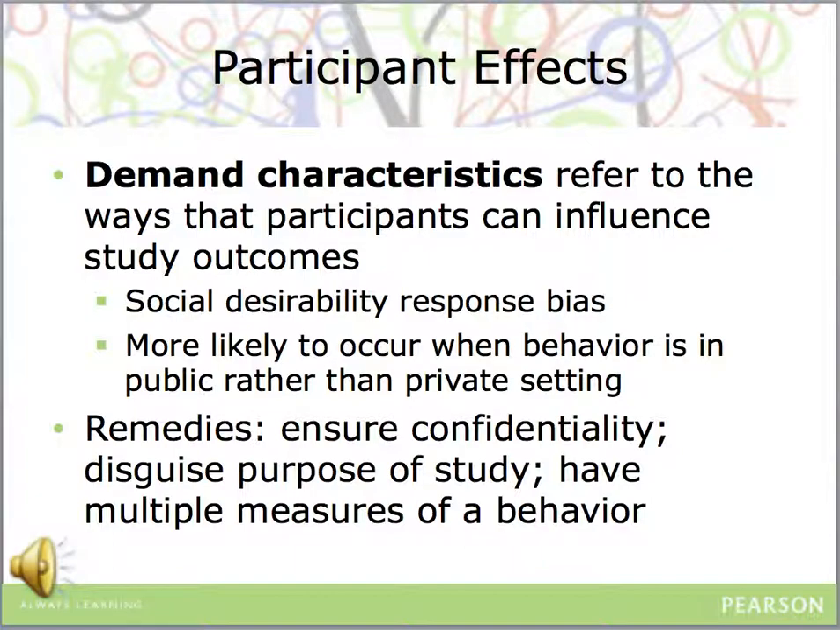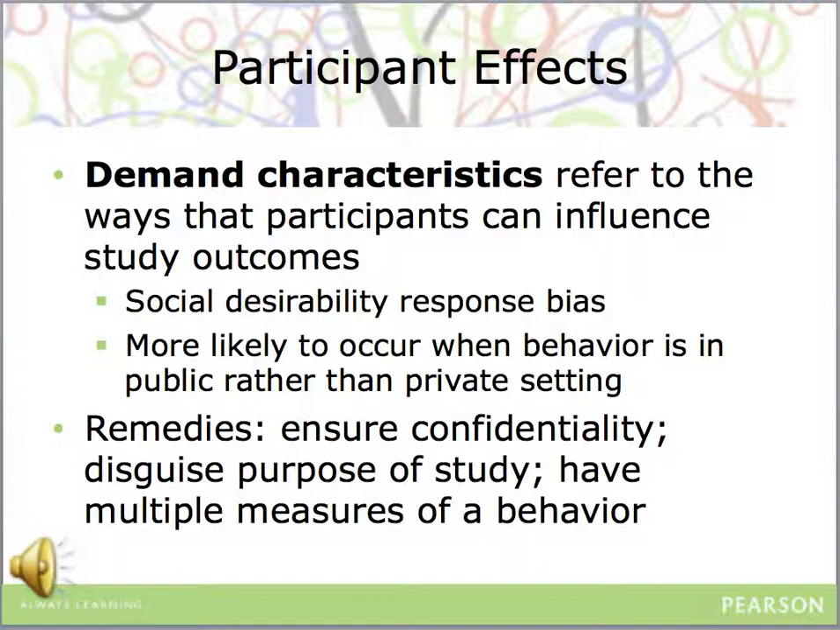These are things like ensuring confidentiality, trying to disguise the purpose of the study if that's possible, and having multiple measures of behavior. So for instance, if I were to ask participants whether or not they subscribe to sexist ideologies, pretty much everybody would say that they don't, even though this is not necessarily true. So this social desirability bias is going to be less of a problem when we're using anonymous online surveys or when we're able to successfully disguise the true purpose of the study. And then furthermore,